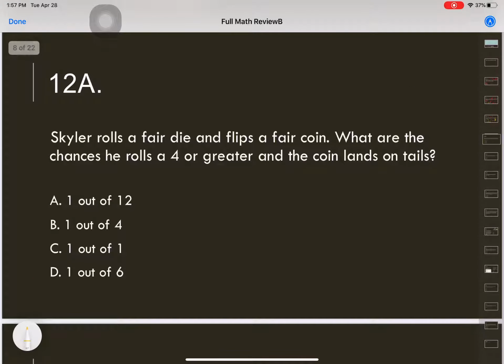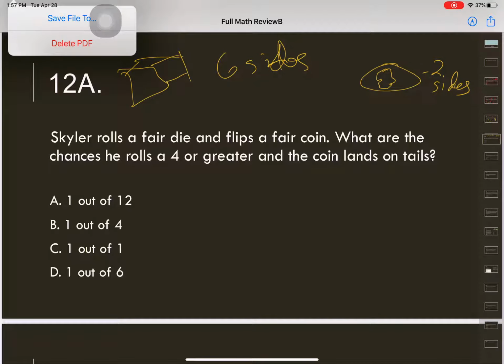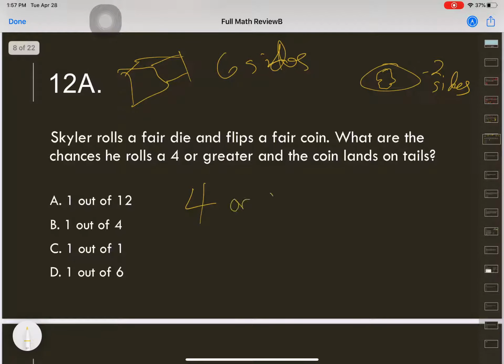All right, 12. Skylar rolls a fair die. So we're looking at dice, right? So a dice, or die, has 6 sides. 6 sides on a die. That's important to remember. And then we have a coin. Well, the coin just has 2 sides. That's a really weird head. Anyway, what are the chances he rolls a 4 or greater,